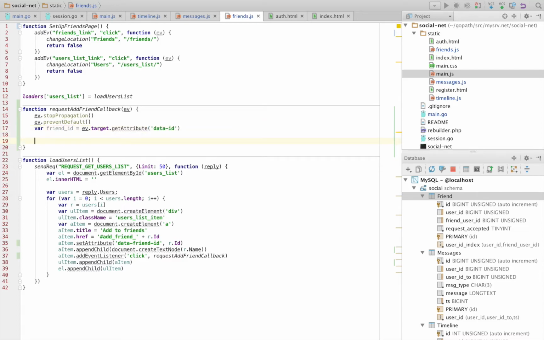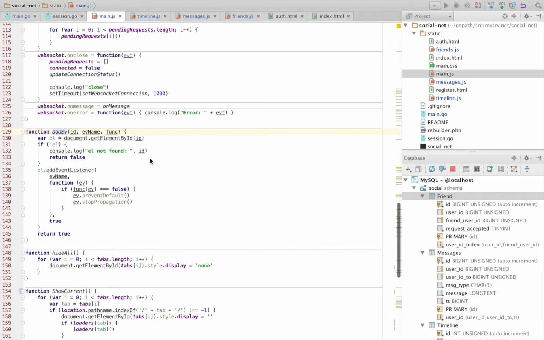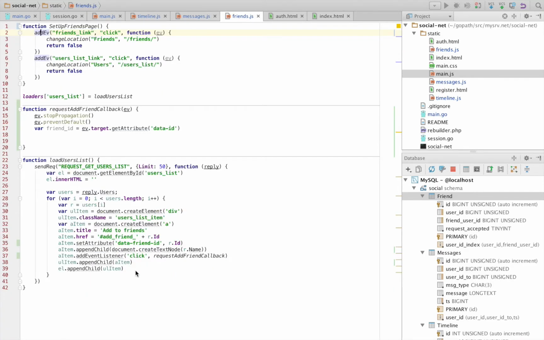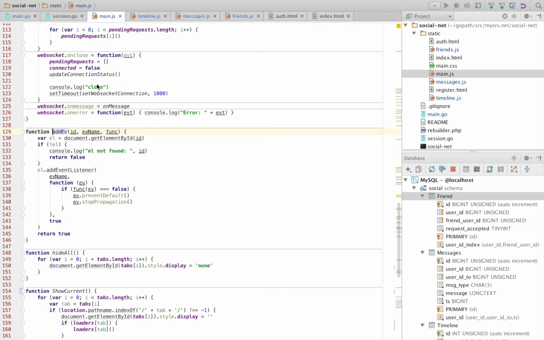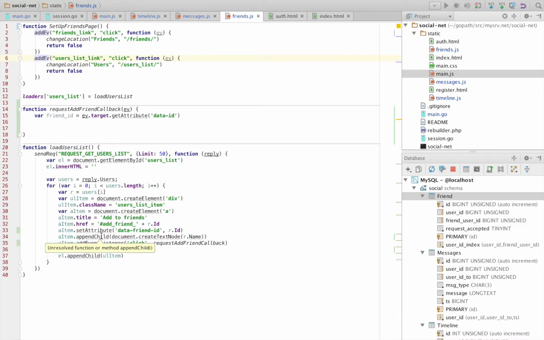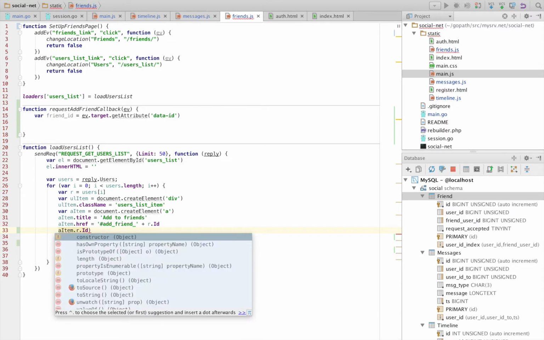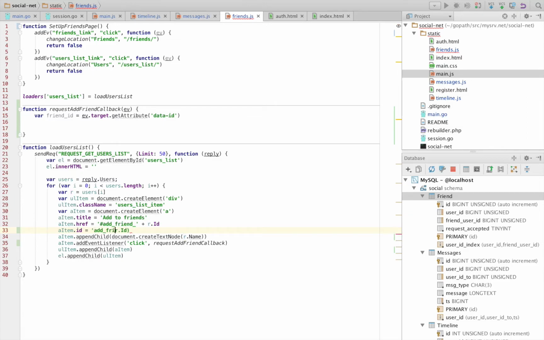And then we make a request. Oh, we have function add event. So we don't need to do a lot of things. So we add event listener about this event. Let's just give it an ID that would make sense, like add friend link,